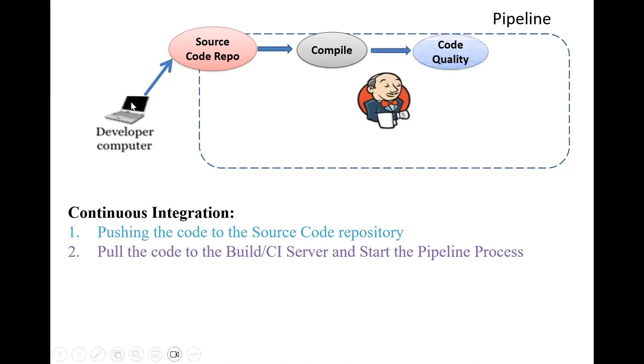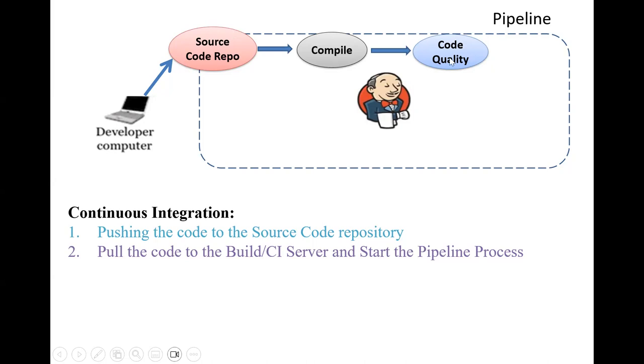As we understand, developers need to make sure of the quality of the code also, not just implement the functionality. So whatever code they are implementing should follow the standards. That is what we call code quality. And the code should not have any security-related issues like hard-coded passwords or hard-coded keys. They should not do that kind of implementation in the code.